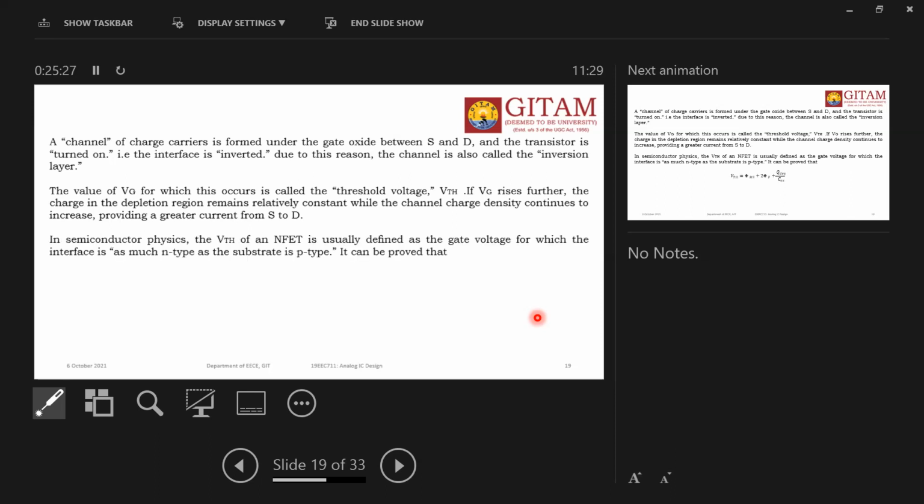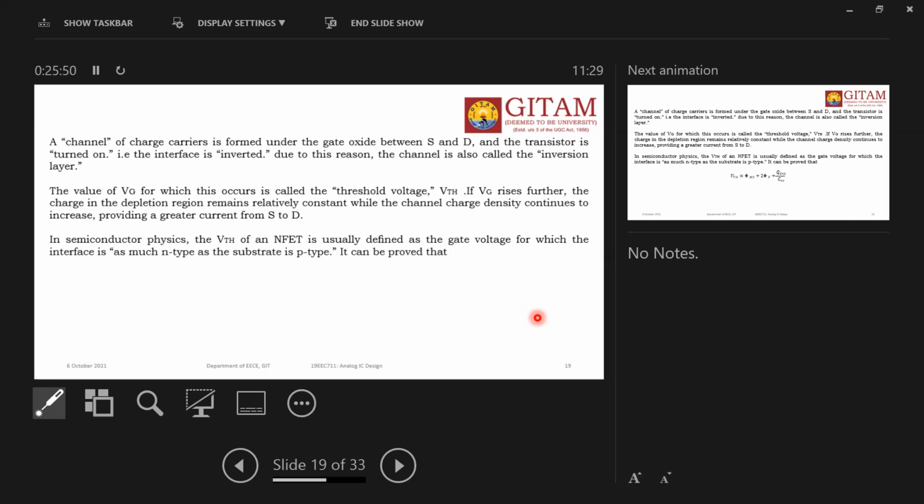In semiconductor physics, the VTH of an NFET is usually defined in simple terminology. Forget about all the story, accumulation, depletion and inversion, the three stages. With a single sentence, it is usually defined as the gate voltage for which the interface is as much N-type as the substrate